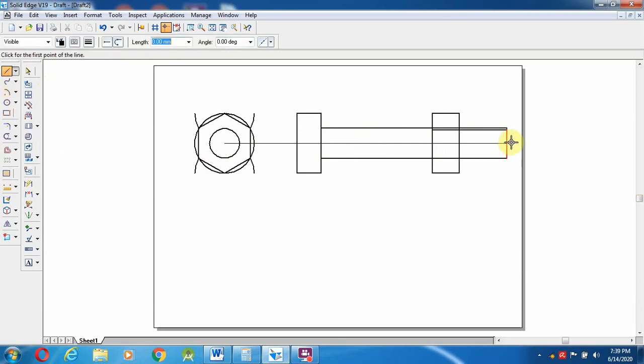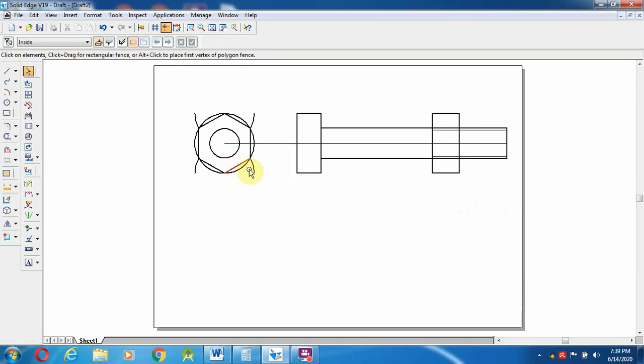Then on the other side, 10.8, enter, and from here a straight line. Then select the trim option and trim this as well as this one. After trimming these two lines, the symbol of a thread is one thick line followed by a thin line. So we have to make this a 0.13 mm line. Remaining alterations we will do later.